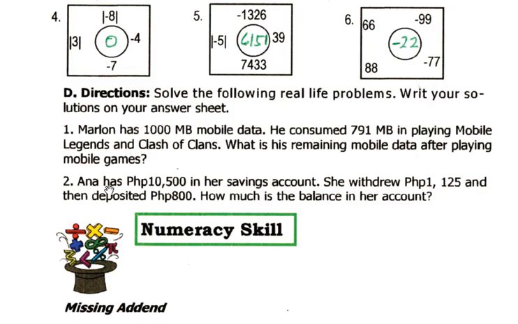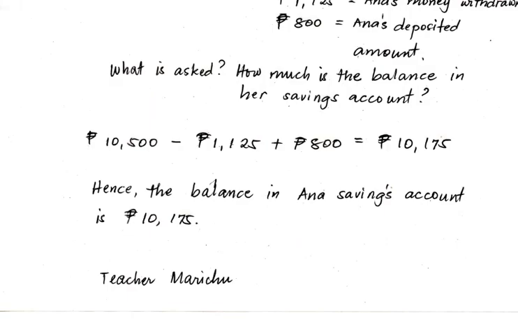Anna has 10,500 pesos in her savings account. She withdrew 1,125 pesos and then deposited 800 pesos. How much is the balance in her account? Solution. The given in the problem